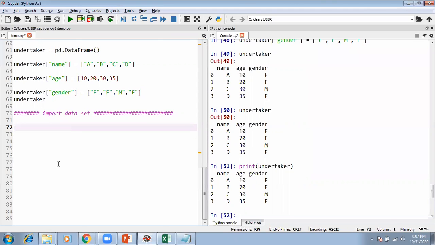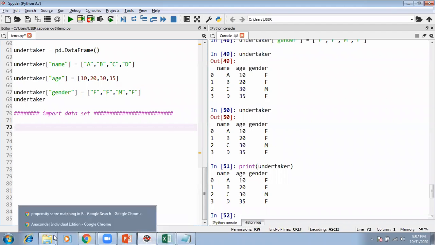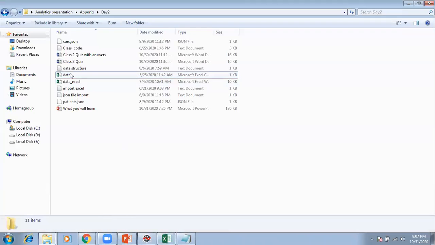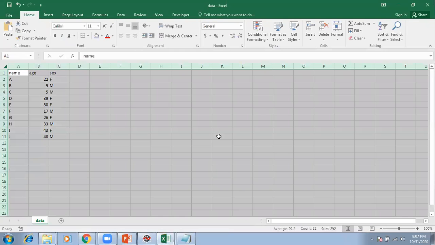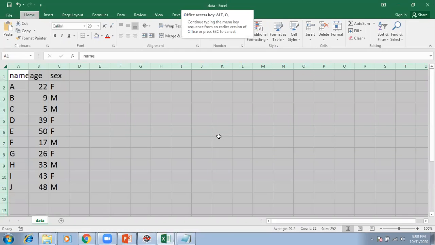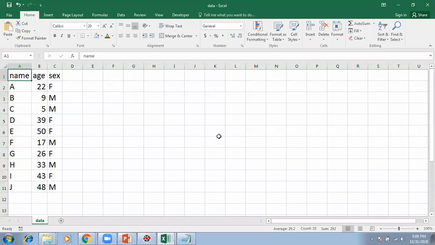Okay. Now let's understand how we are going to import a data set. What I was telling you is that I have a CSV data set file named data. So I have some name, age and sex. This is how they look. I want to import this data set. Let's understand how we do that.